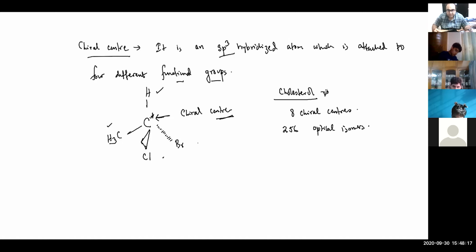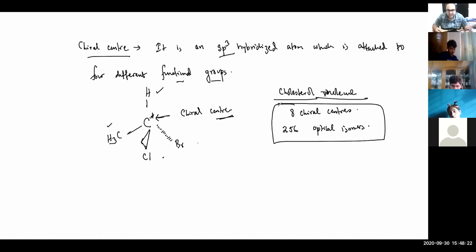Of the chiral molecule, out of so many possible combinations, only one isomer is the cholesterol found in our body. So the chirality of a molecule depends on